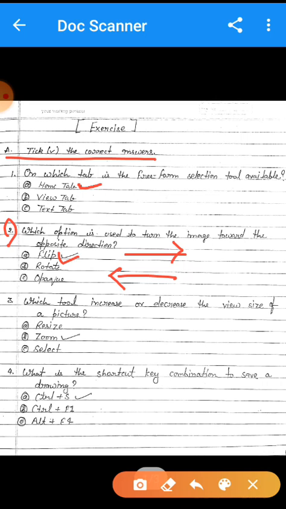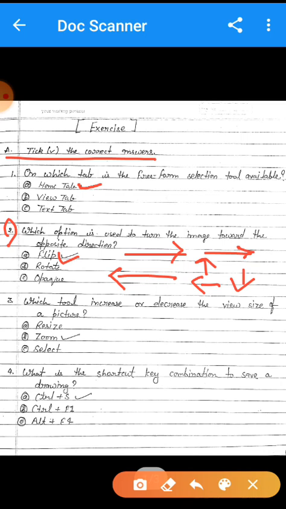Now rotation. Suppose that this arrow headed is right side, then it will turn like this, then again it will turn like this, and then again it will turn like this.